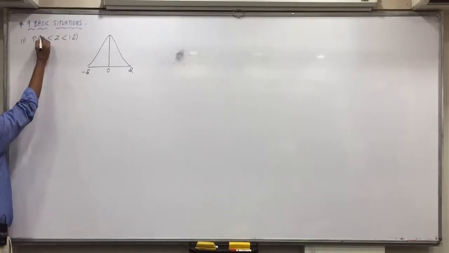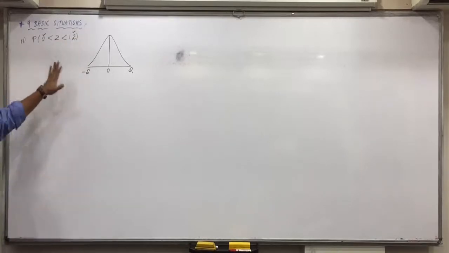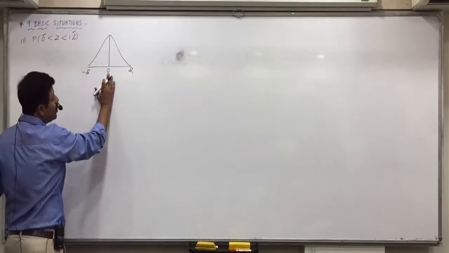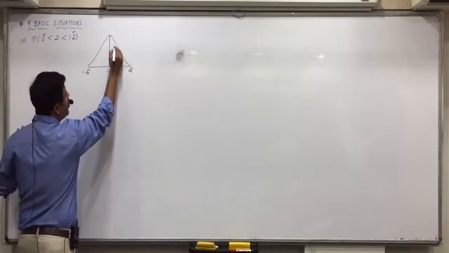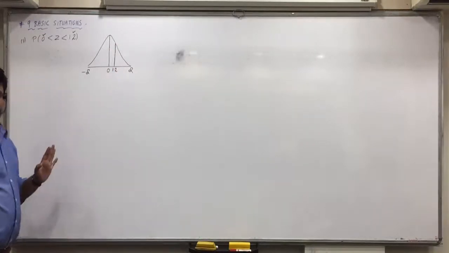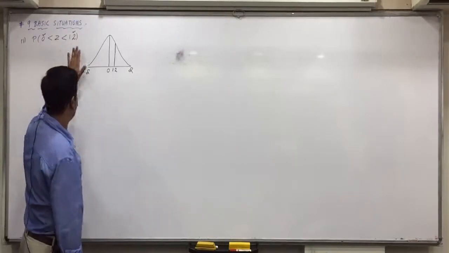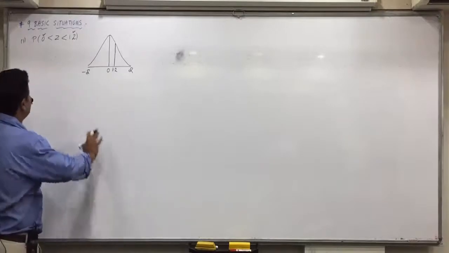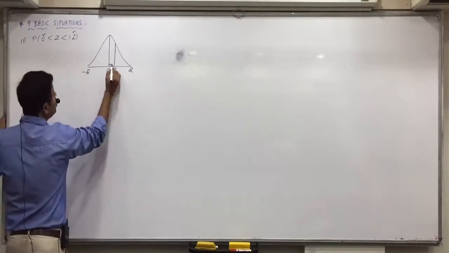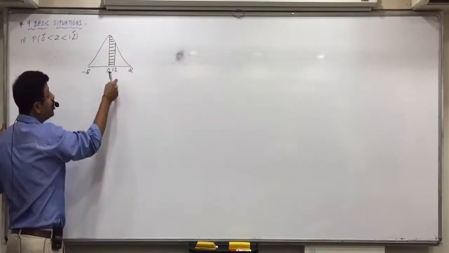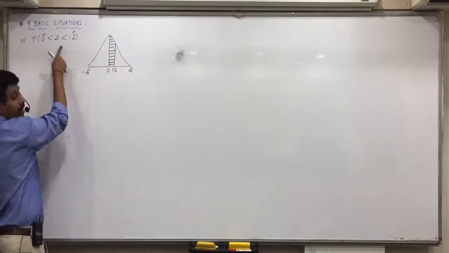Now we need to plot two things in the diagram, 0 and 1.2. 0 is already there, we just need to plot 1.2. 1.2 is a positive number, so it will come between 0 and infinity, on the right side. Anywhere you can write, the gap is not important. We need the probability from 0 to 1.2, means we need the probability of this region. Yesterday I told you that area under the curve shows the probability. So this shaded region shows the probability from 0 to 1.2.